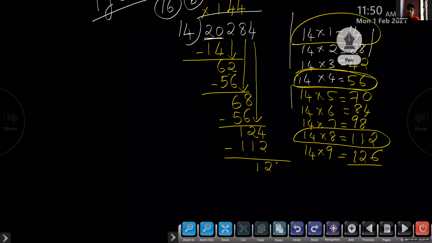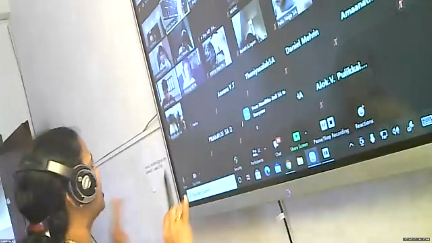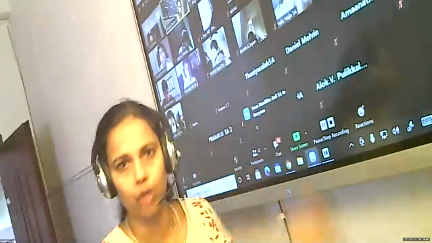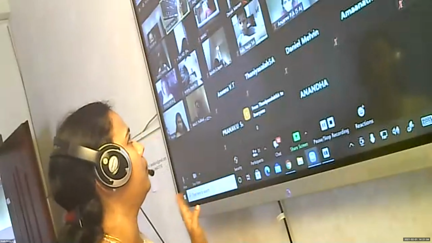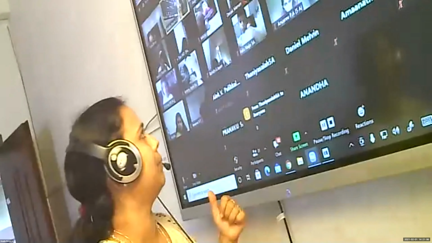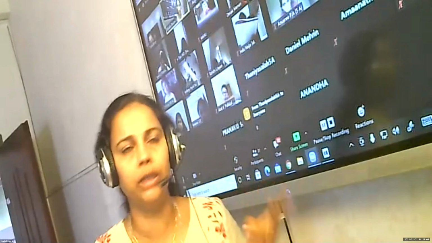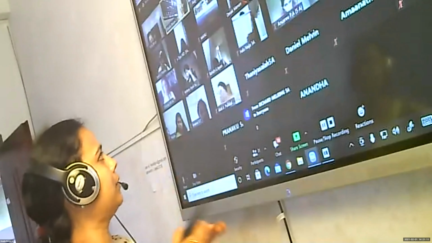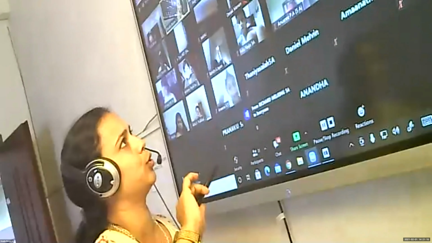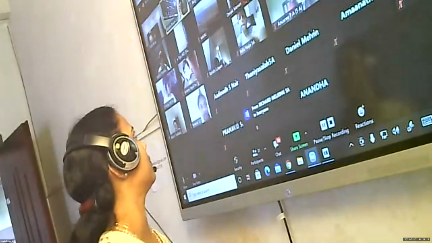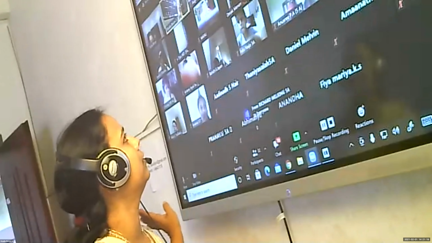Only this much we have done as normal division. There is no change. We know division of 4-digit, 5-digit numbers. Yes or no? Division of 4-digit, 5-digit number using 2-digit divisor we know. This much part is same. Now here we are going to add 0. That time you have to place the decimal point. Then continue again, same.